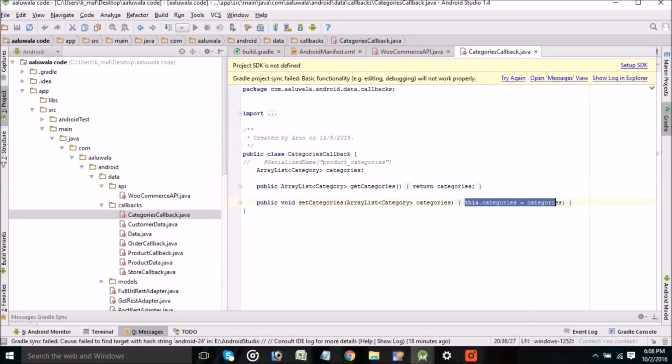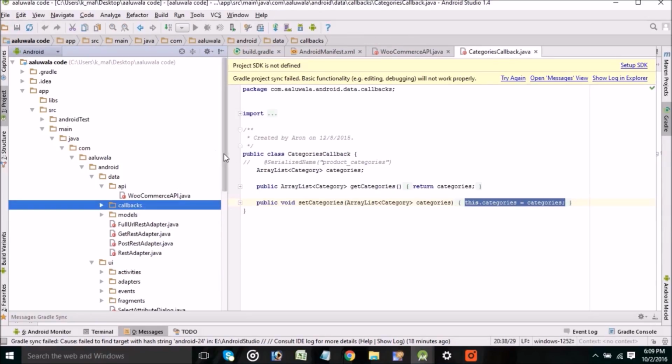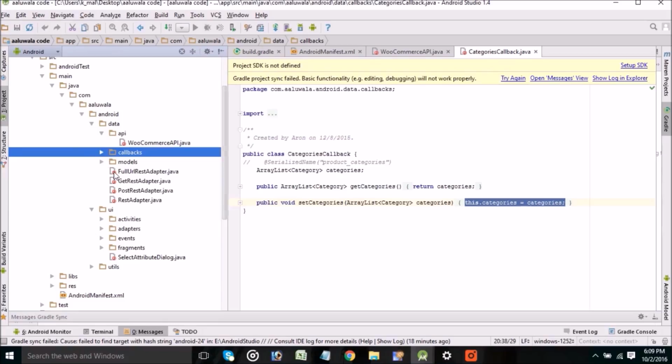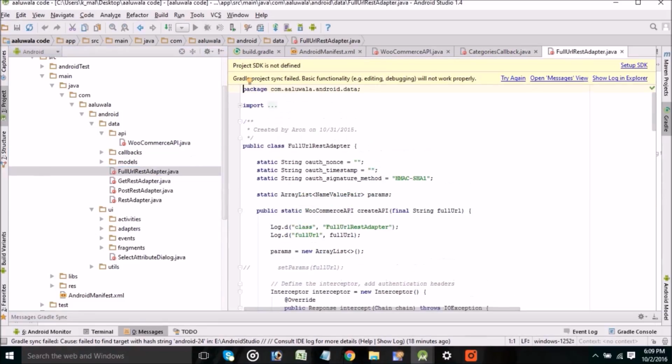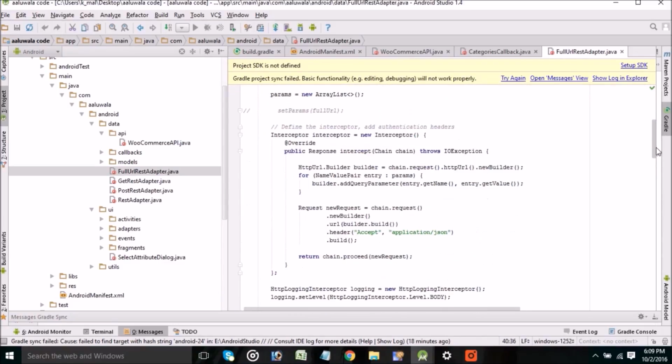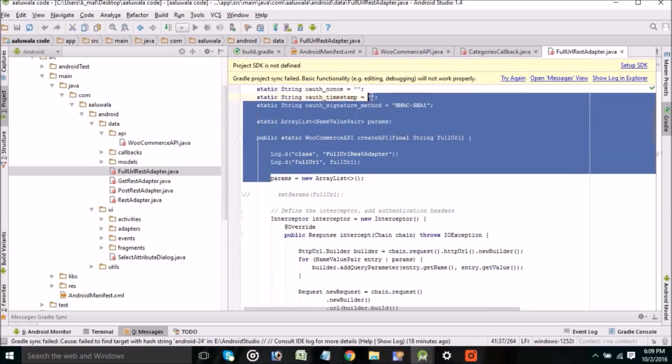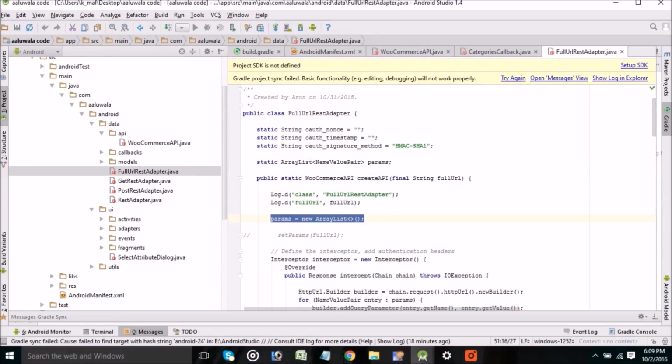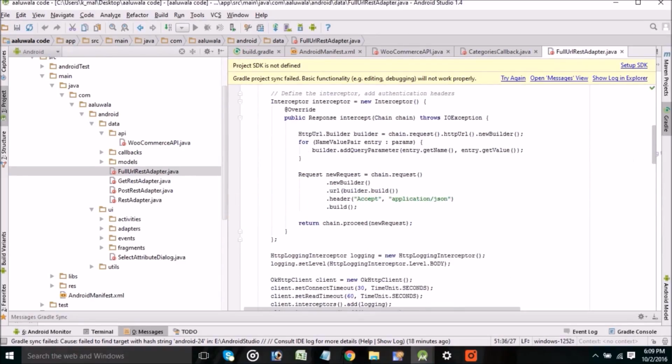Now these are the callbacks, and as we know, in Android Studio we get the user interface to create the activities, so it will not be difficult for you to develop an Android application. But you can see the code in brief for every file.